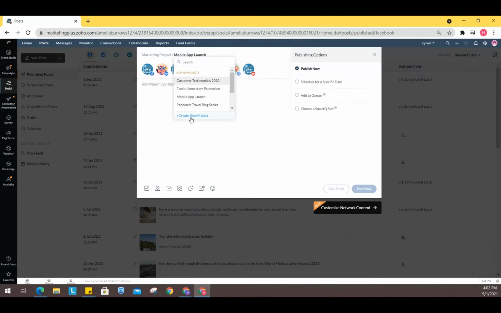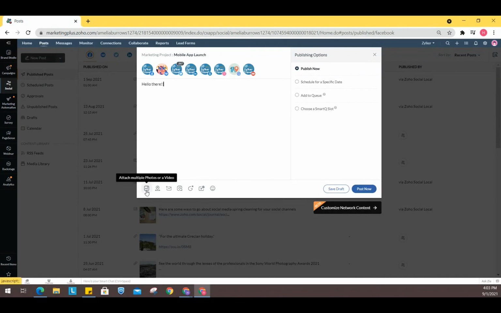You can see that, the very same pop-up box. And then you can just type in the content that you would like to post. I'll just type in something, just a quick example. Here you can also include multiple photos, videos, add locations, and even add a direct message link to your tweet. You can also see other things here, right? You have YouTube options, and you can add a button to a GMB post or add emojis.